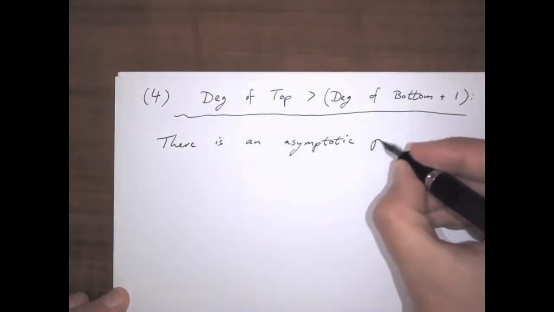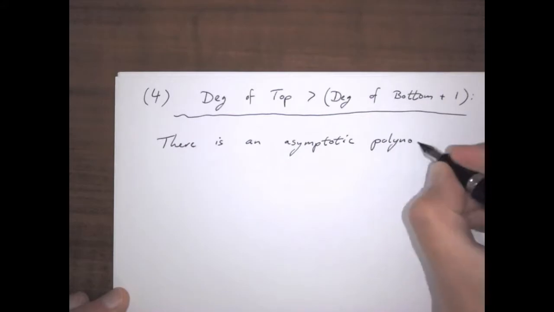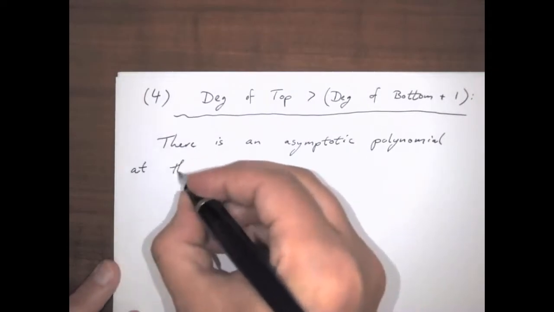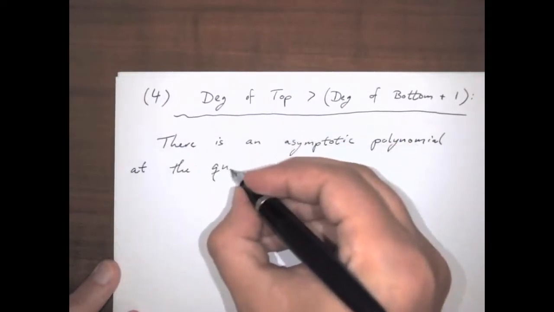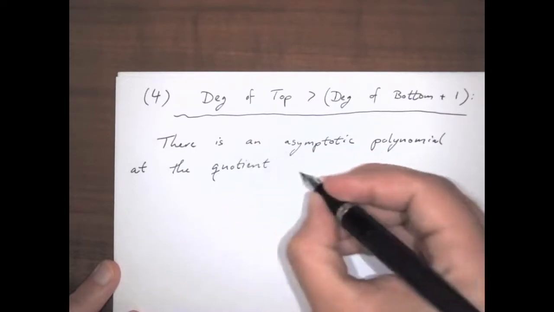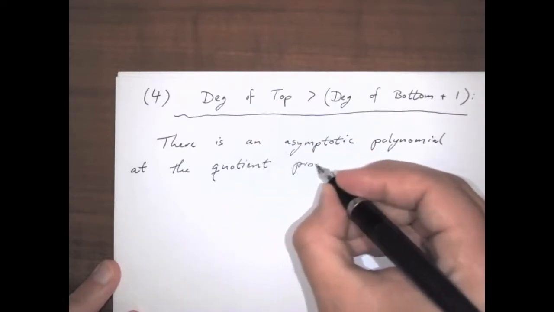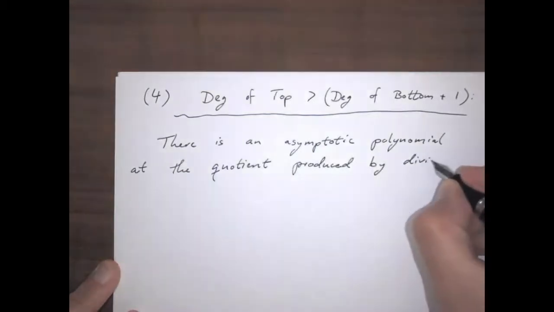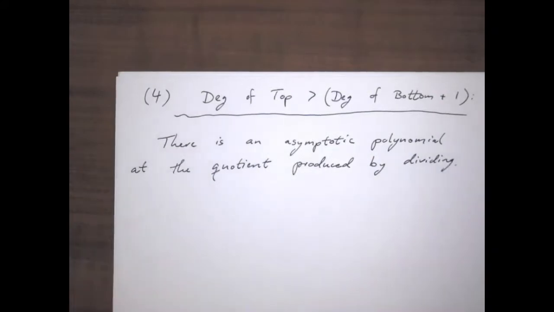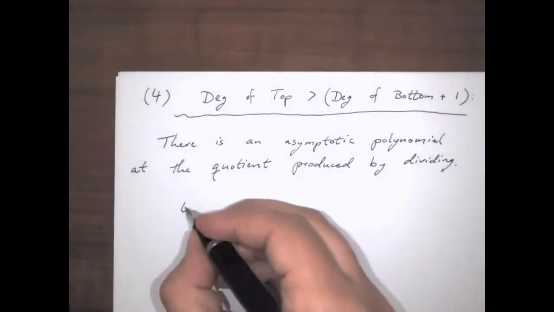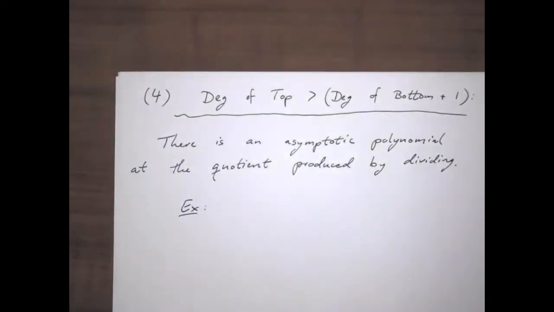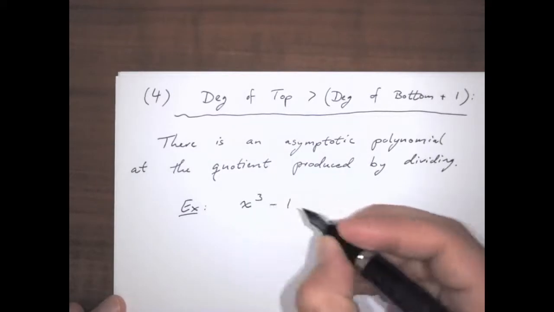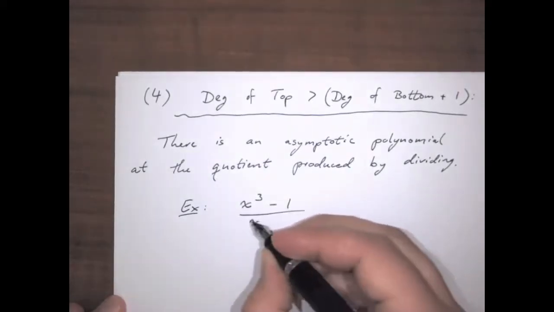There's an asymptotic polynomial at the quotient produced by dividing, either long division or synthetic division. For example, let's take something like x cubed minus 1 divided by x, so this is f of x,